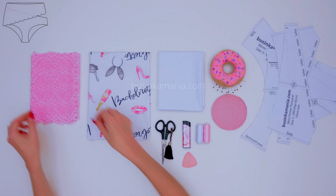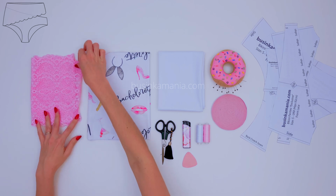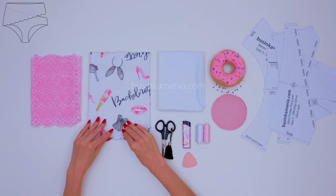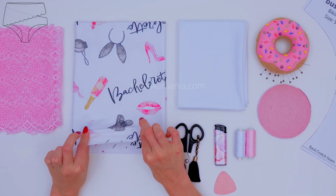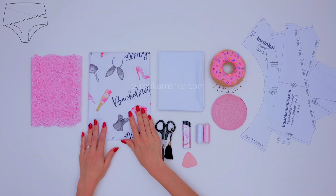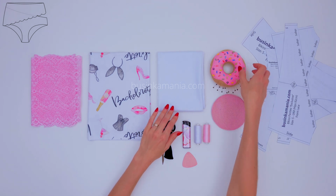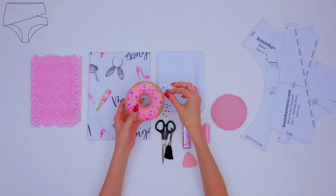For this project you will need the elastic lace, any stretchable fabric you have at home. I'm going to use 4-way stretch polyester, some soft lining fabric for the gusset, some needles to pin the fabric,